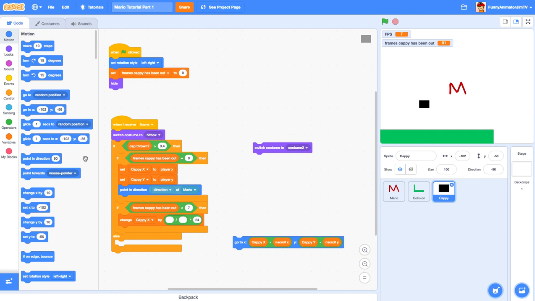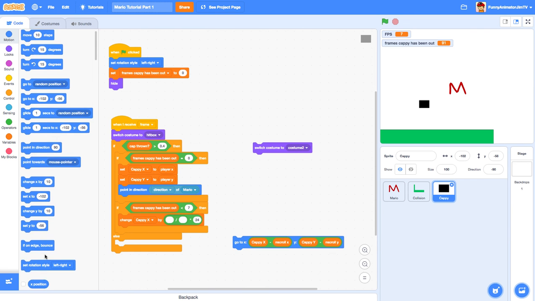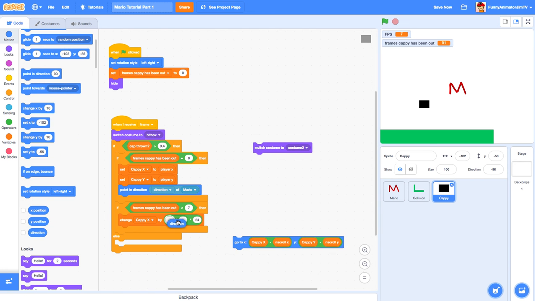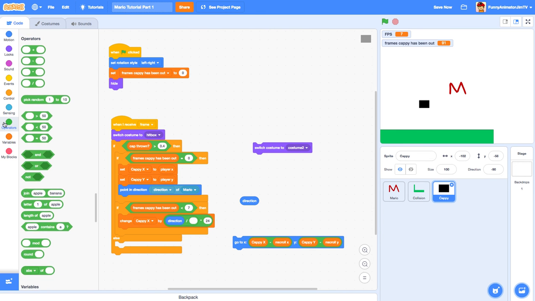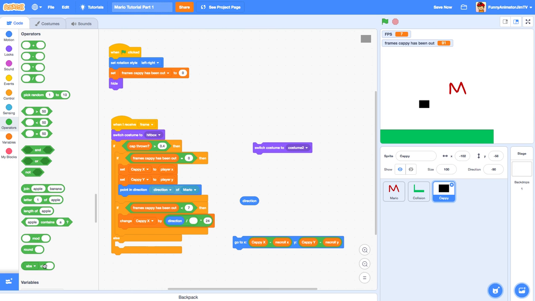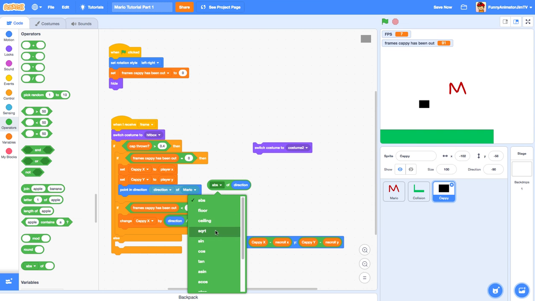So now basically how this is going to work is we're going to need direction. So where's that? Direction divided by absolute value of direction. So go to the green operators. Now down here, go to the very bottom, we get this weird block, abs of direction. That stands for absolute value. You get a whole bunch of different functions, but we're going to be using absolute value of direction and put